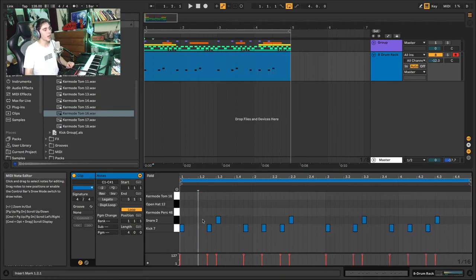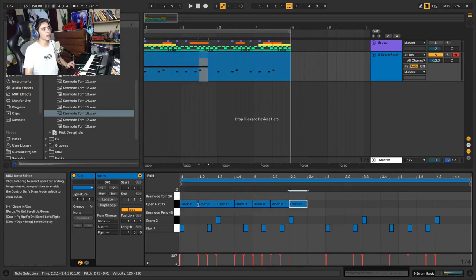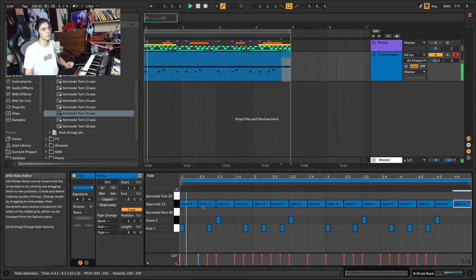Duplicate it. And what you can do as well is you can press Command 1 and 2 to change the size of this grid. So if we had our open hats in here,